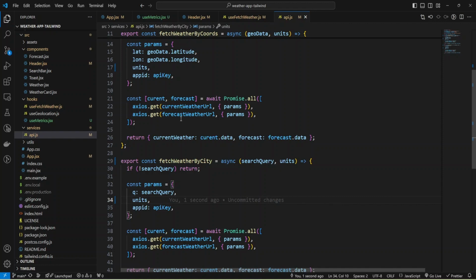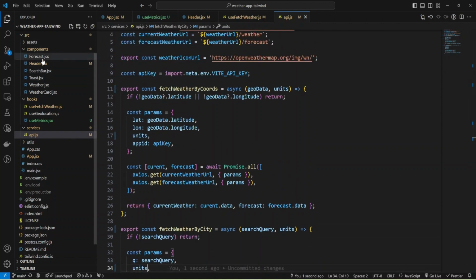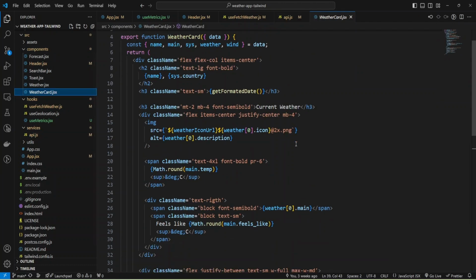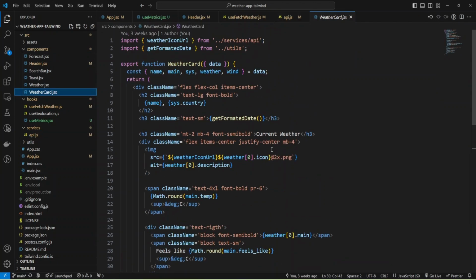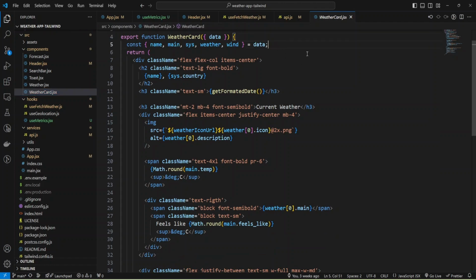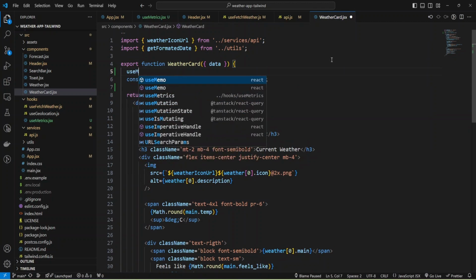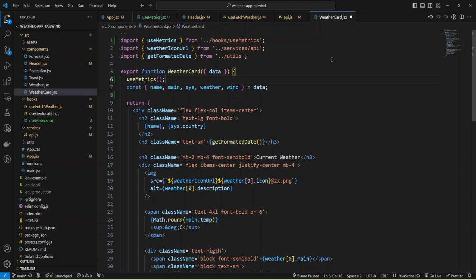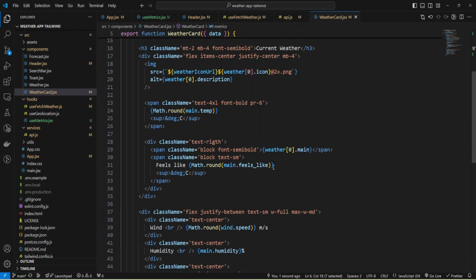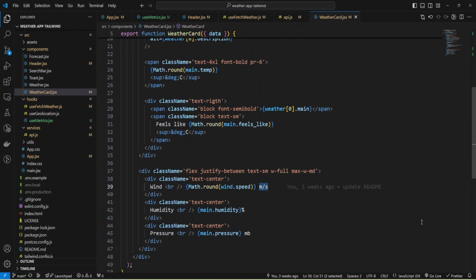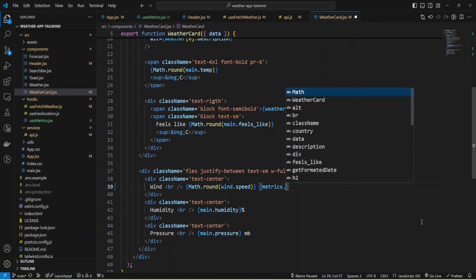Okay, and now we need to change the data in our components. Let's go to the weather card, and I'm going to extract the data here with also useMetrics, and I need const, and will retrieve my metrics, and now I can display, instead of meters per second, my metrics and will provide wind.